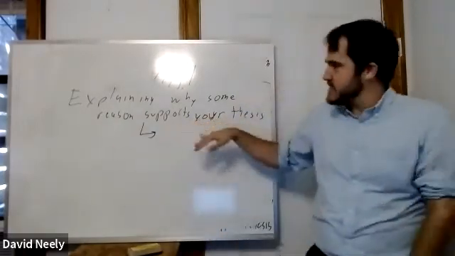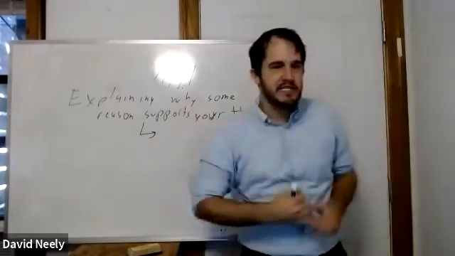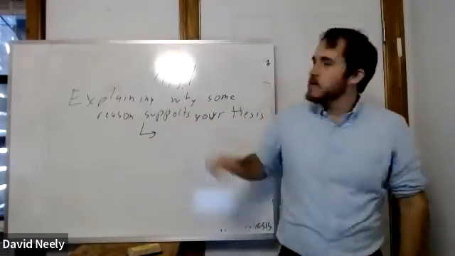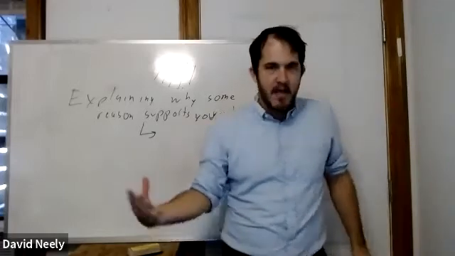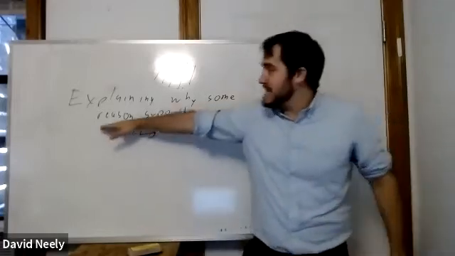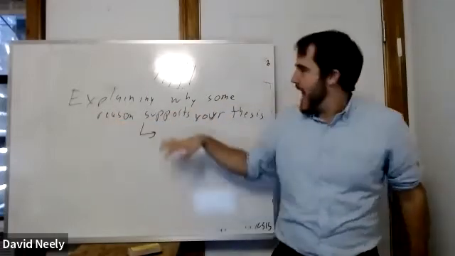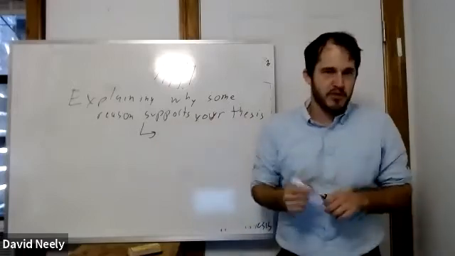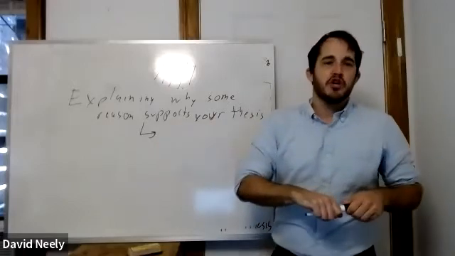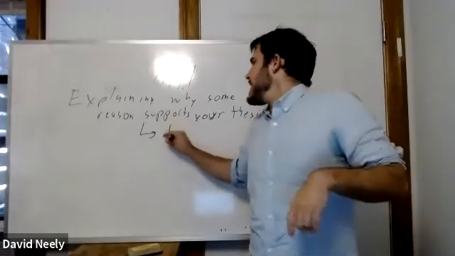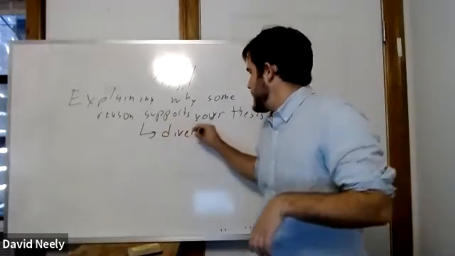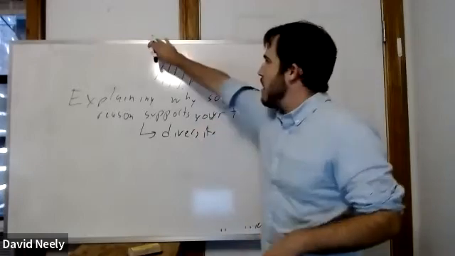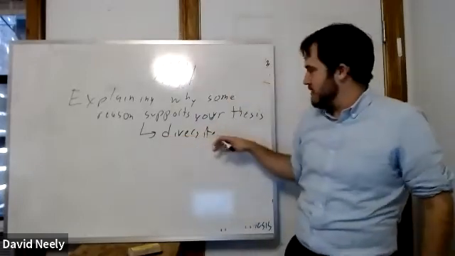This is where it comes in. The goal is to say however much you need to convince the reader, to explain clearly what your reason is and explain why it supports your thesis. So to go with the New York City one, if you write a paragraph on diversity, and you start off by describing that New York is diverse,